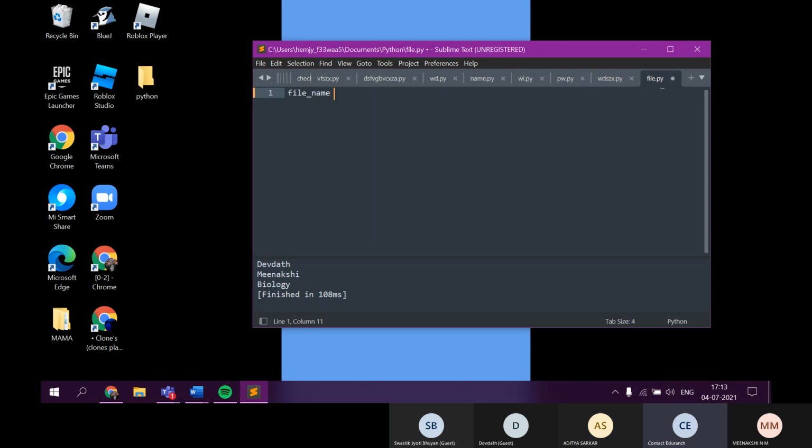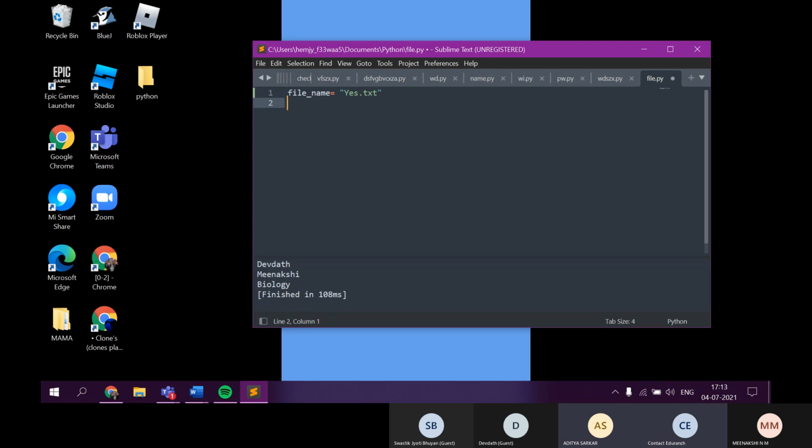File underscore name is a variable. Okay, equals to double quotes. Yes, yes. Give some file name. Test.txt. If there is no file, it will create its own file in the directory. All right.